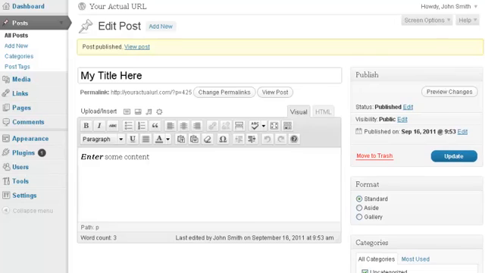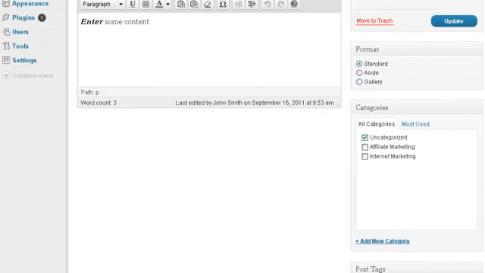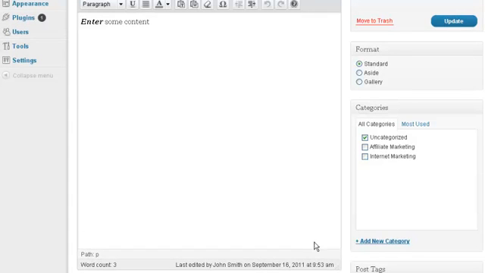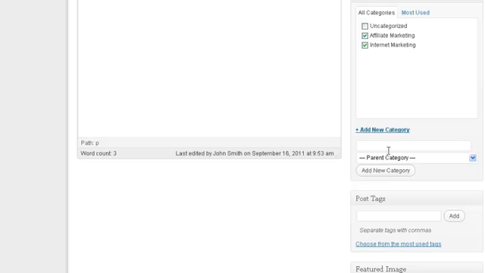There are several other tiny but useful features that we can address here. The first is that you can actually click and drag the text editing area so that you can see more of the content itself. And the second is categories. By default, any blog post that you publish will be put into the Uncategorized category. However, you can of course assign it to a single category or multiple categories, and you can also click on Add New Category to add a new category over here,